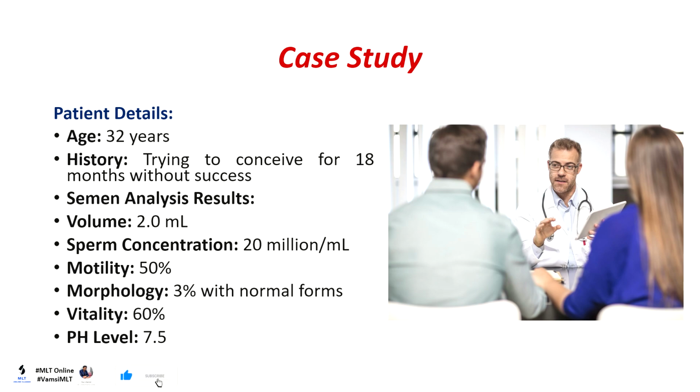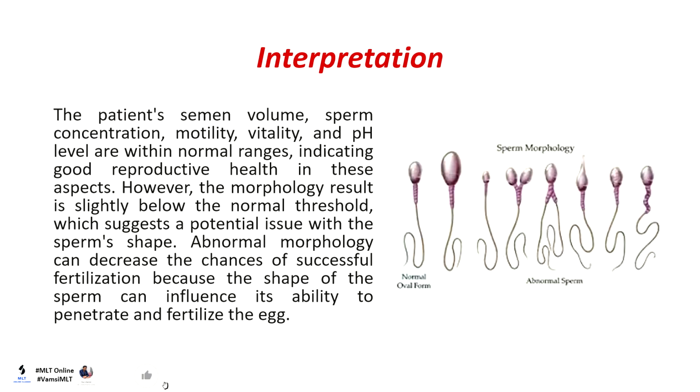Morphology, 3% with normal forms. Vitality, 60%. pH level, 7.5. Interpretation. The patient's semen volume, sperm concentration, motility, vitality, and pH level are within normal ranges, indicating good reproductive health